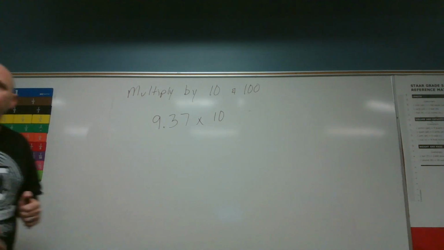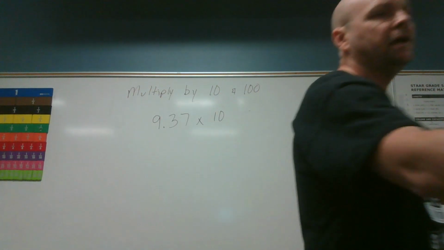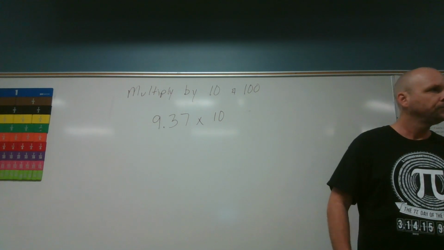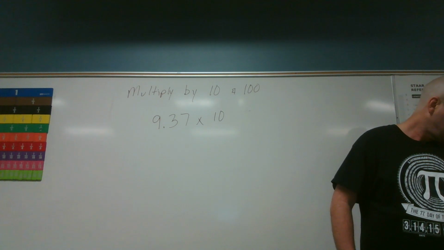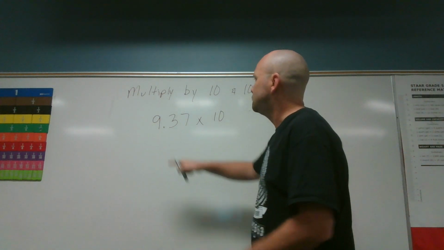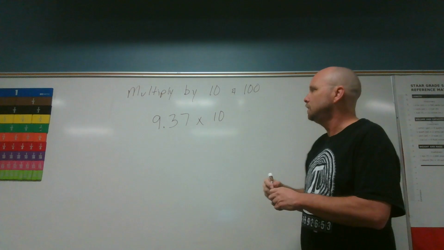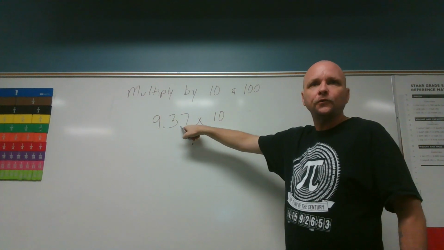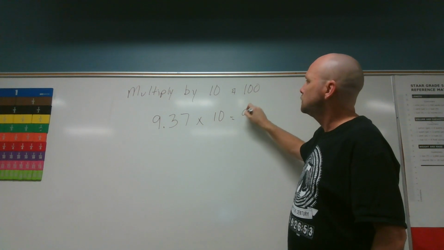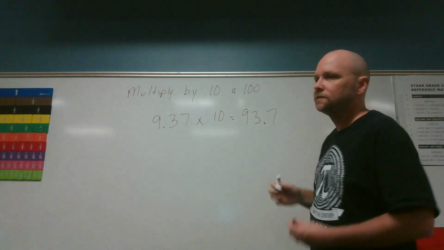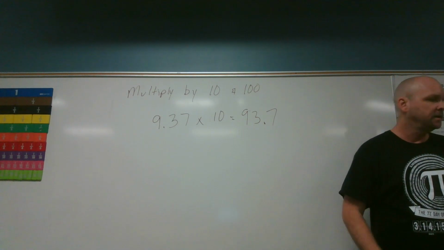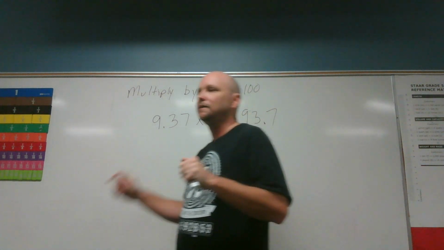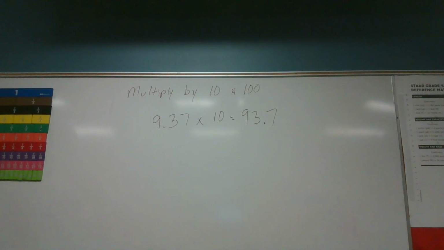All right, so 9 and 37 hundredths multiplied by 10 is what, Joshua? 93 and 7 tenths, because we moved the decimal point 1 place to the right. Now it's behind the 3 instead of behind the 1, so our 3 becomes the ones place. So it's 93 and 7 tenths. This is going to save you a lot of time as we start in the metric